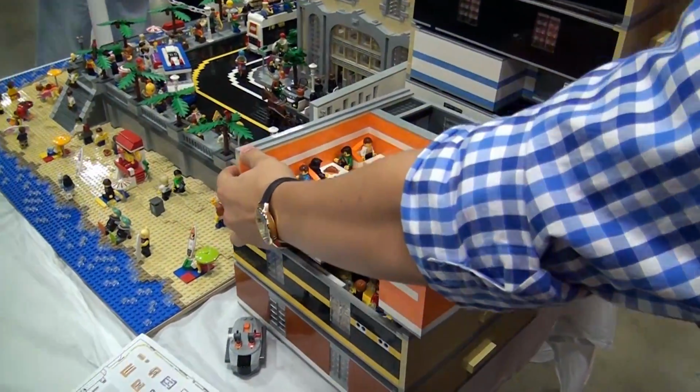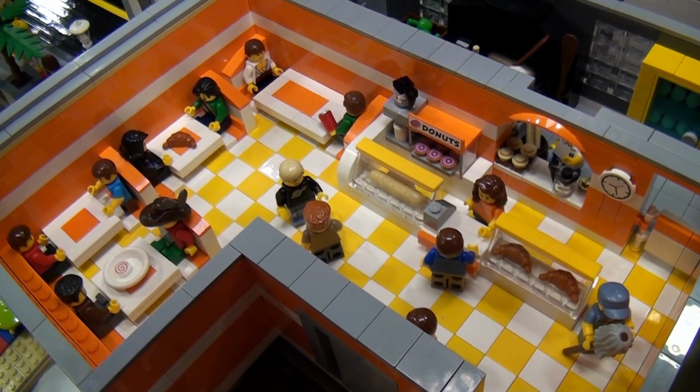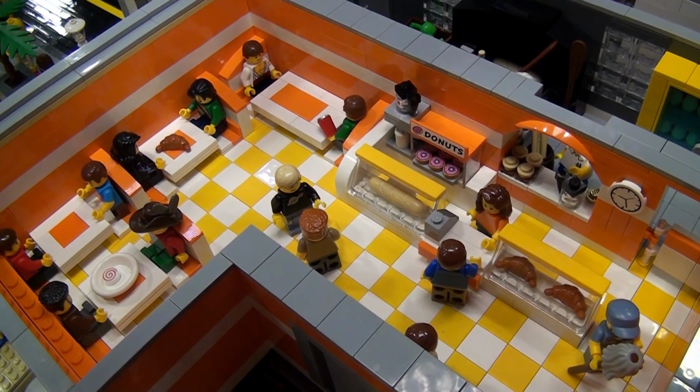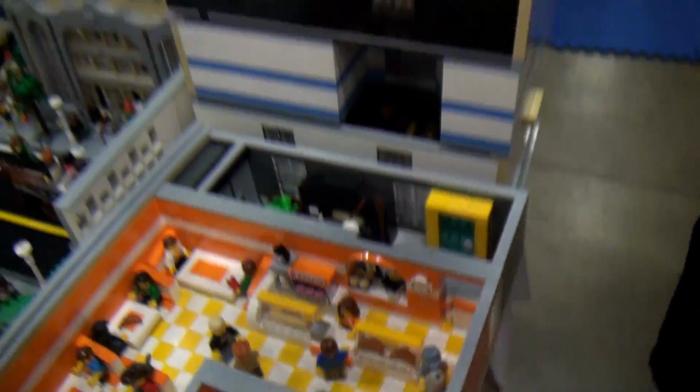This is actually the one where I ran out of bricks, so I got some orange bricks. That's awesome. It works. It looks kind of like a frozen yogurt place, almost. You know what I mean? Like a quick service kind of restaurant. Very nice. And here we have the bank,